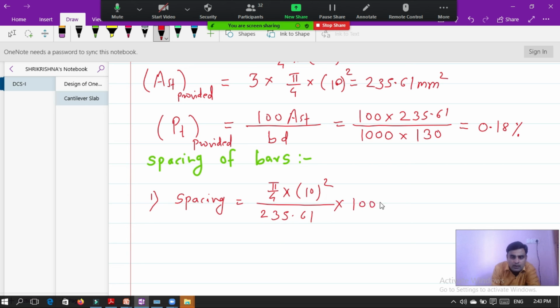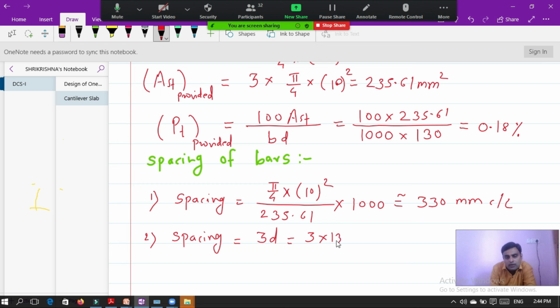In our case width is 1000. If you do this calculation, you will get 333. I will round this value to 330 mm center to center. Second, from IS code, the spacing is 3d. So it will be 3 into 130, which is equal to 390 mm center to center. And third, in no case the spacing must exceed 300 mm center.